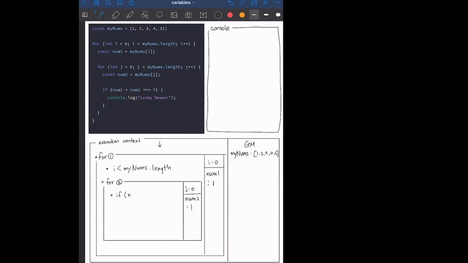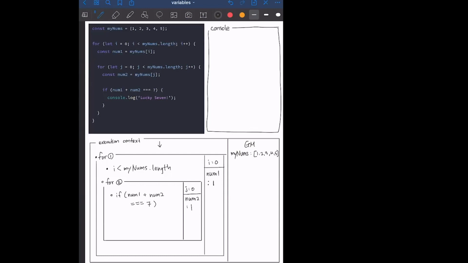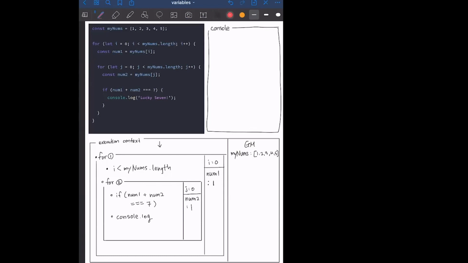If num1 plus num2 is strictly equal to 7. Great technical communication. Yes. Thank you. So we have to check, looking for num1, that's 1, and then num2 equals 1, so that's 2. So it doesn't meet the condition? It does not meet the condition. We don't have to worry about the side, and we go back out